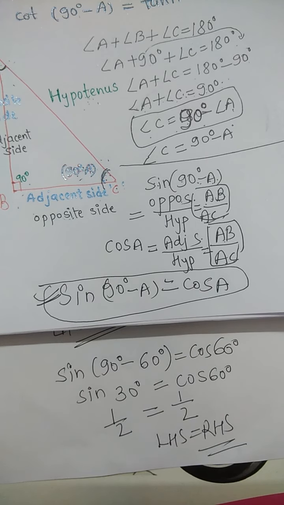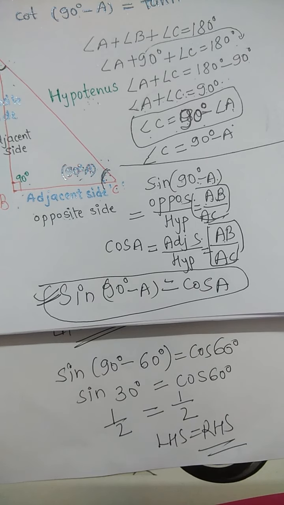In this way, you can prove that sin(90 degree minus A) is equal to cos A by taking ratios, or by taking A values. In both methods you can prove it. Any one value you take. First I have taken 30 degree, then I have taken 60 degree. I am just explaining that by taking different values you can prove it. Either you prove like this, or you can take 0 degree, then also you will get the answer. So any way you can prove it.